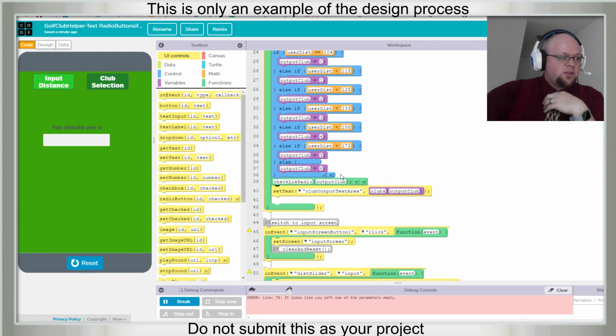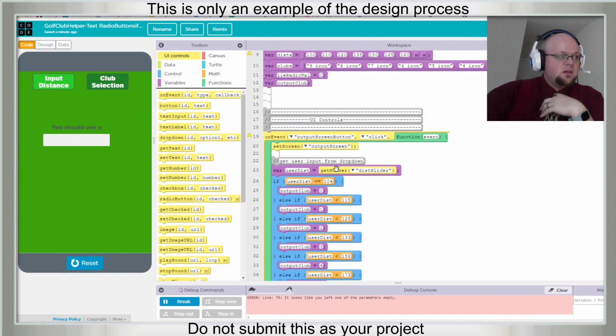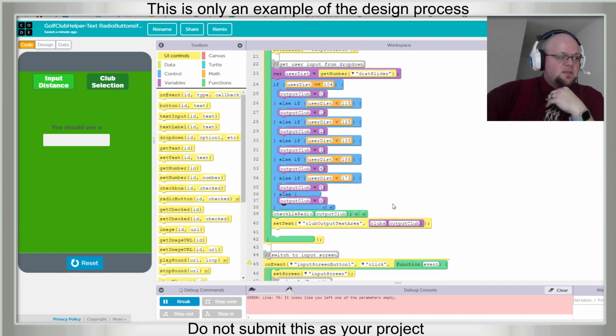And right now we're just using numbers 0 through 6 because that's actually going to end up being the index. So what we output is going to be club's index, whatever this variable becomes, because index is that slot in that list.